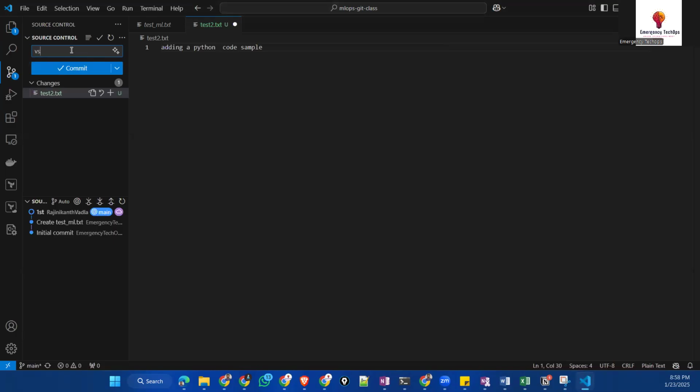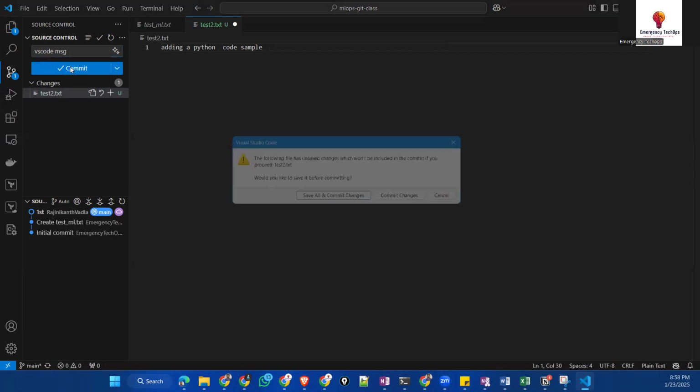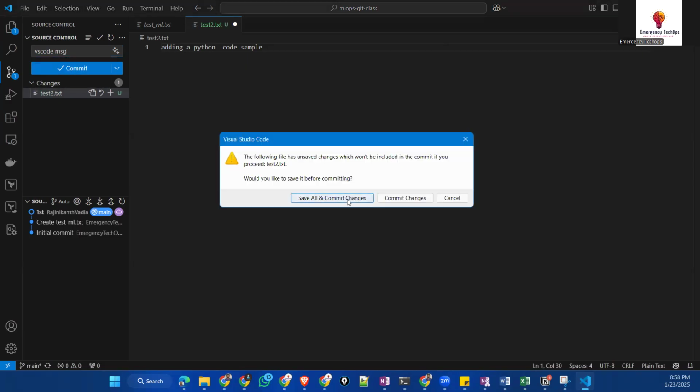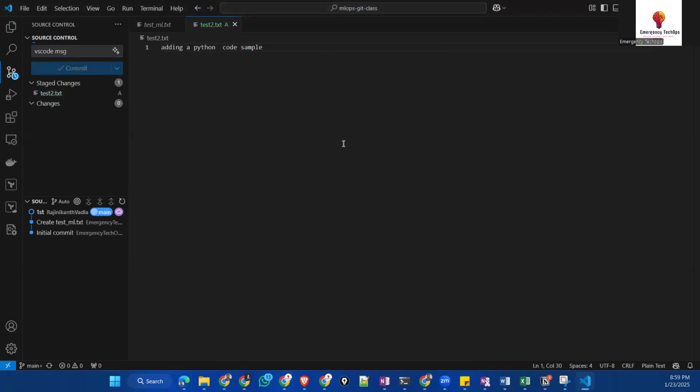This is a VS Code message you can give, and click on commit and save and commit changes. So it is committing the changes. Whenever you click on the sync button, it will push the changes to your remote repository, and it is done.